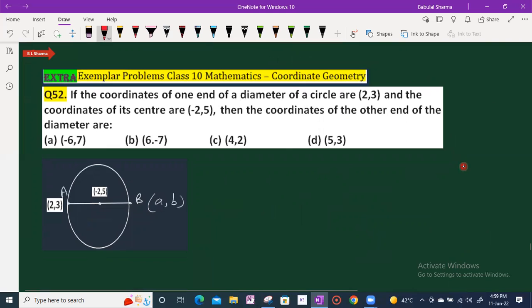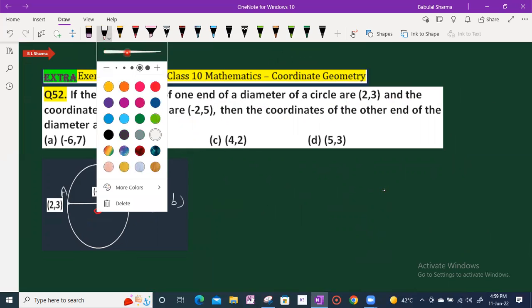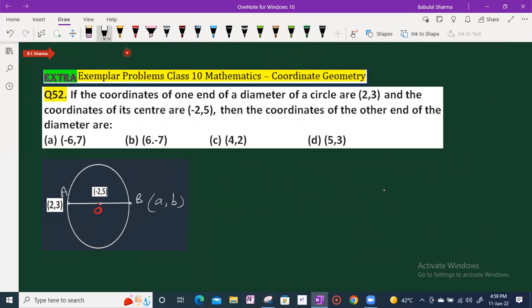Next question. If the coordinates of one end of a diameter of a circle are (2, 3) and the coordinates of its center are (-2, 5), then the coordinates of the other end of the diameter are. We know that the center of a diameter is its middle point. So we can say that the midpoint of the diameter is the center of the circle. So we can say O, that is (-2, 5),